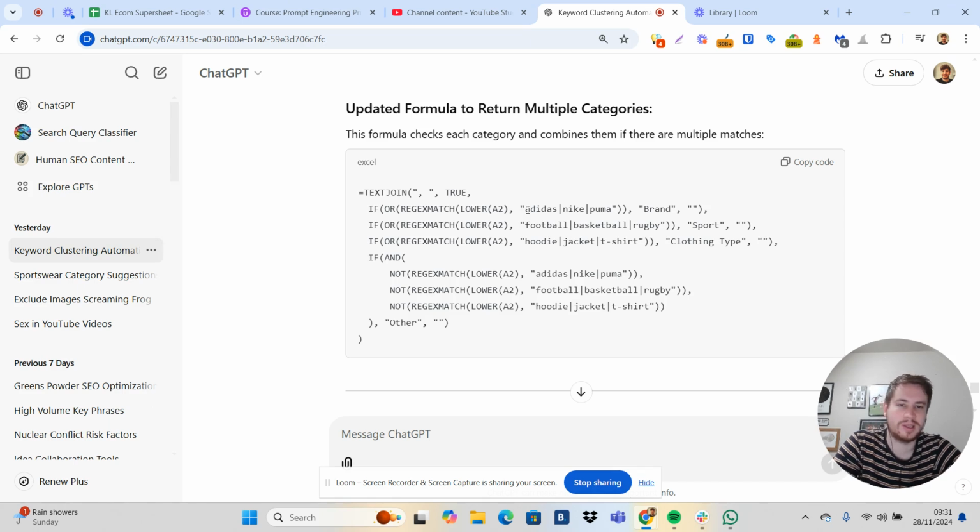So for like brands, I've put Adidas, Nike, Puma. You can add as many brands as you want. I'd just get a list of the main brands that you're looking to cluster into from your keyword research. So like add Adidas, Nike, Puma, Castore, Reebok. I'd get a full list of brands, and then if you add them in, separated by the pipes,